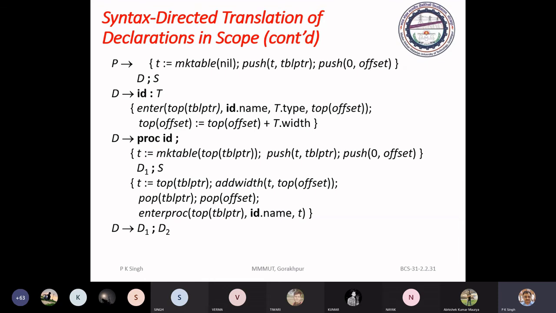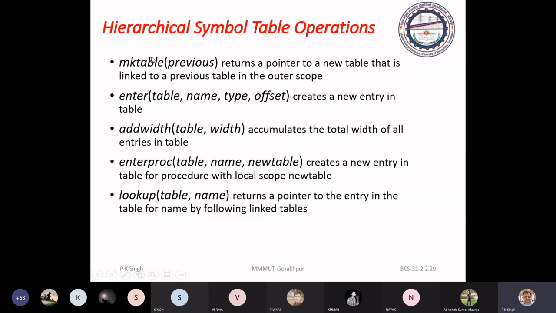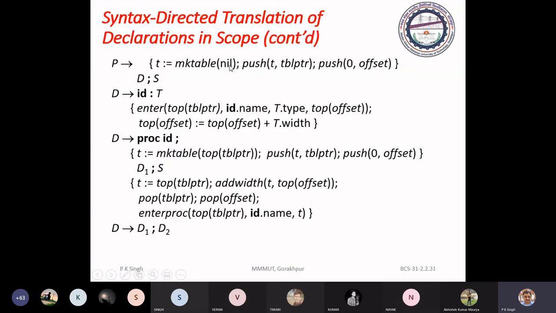P means program. When you start compiling any program, first it will create a table. You just see, I have make table, the make table function.